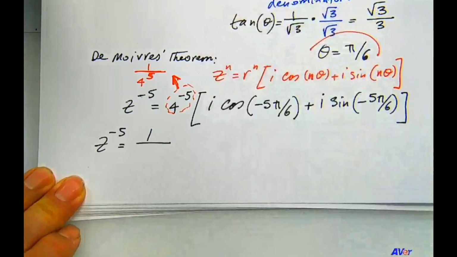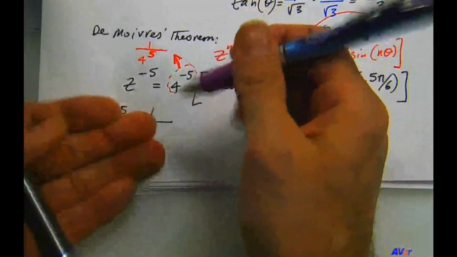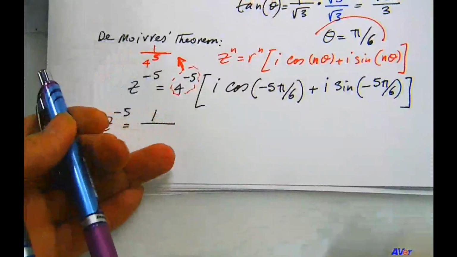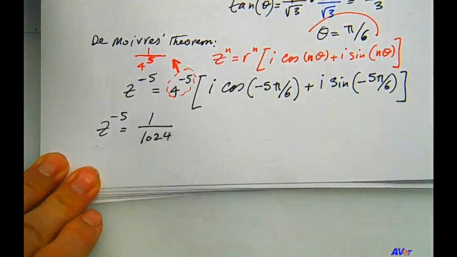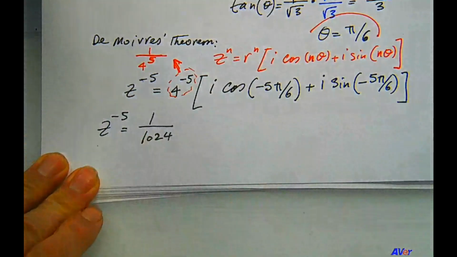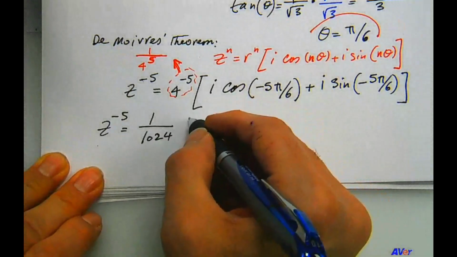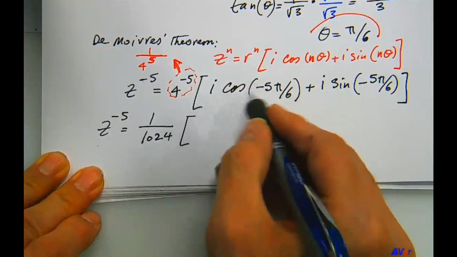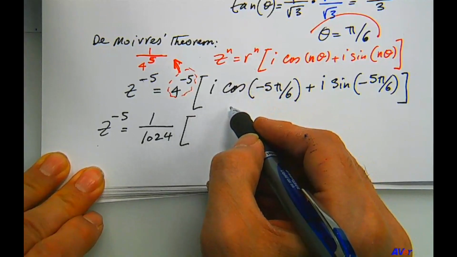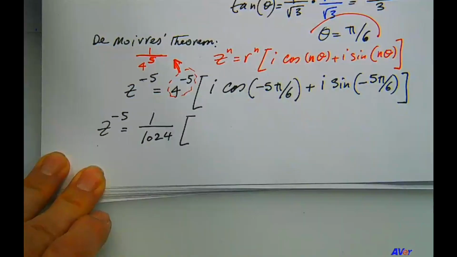Instead of writing 0.000 here, I want to write 1 over 1024. That's better because this is an exact value and it's not in decimal form. So 1 over 1024 times,